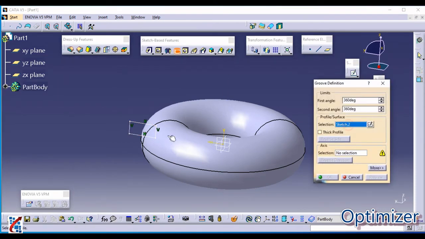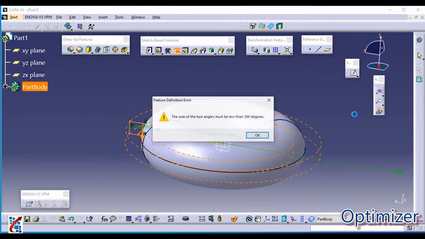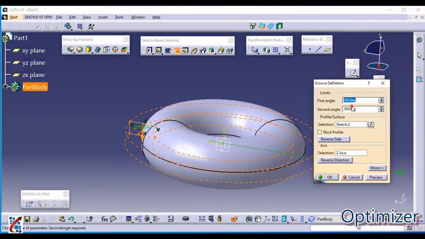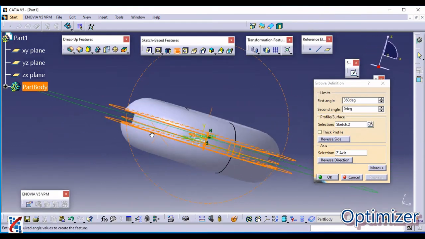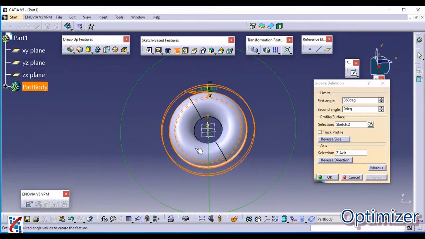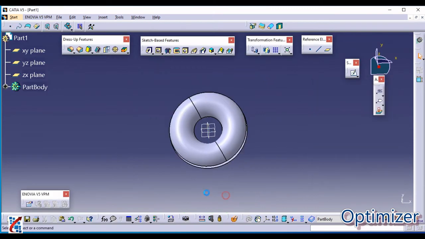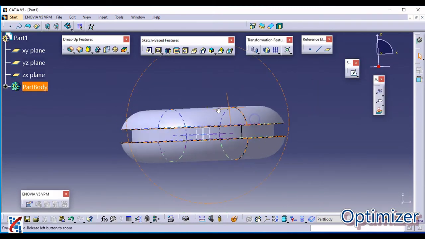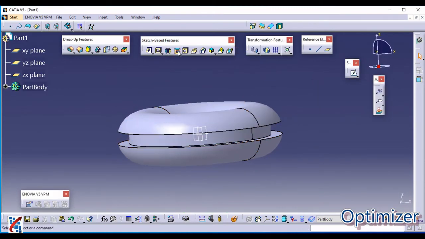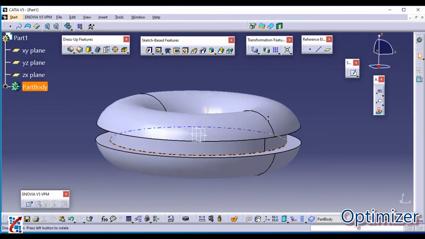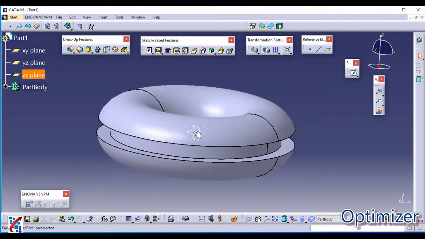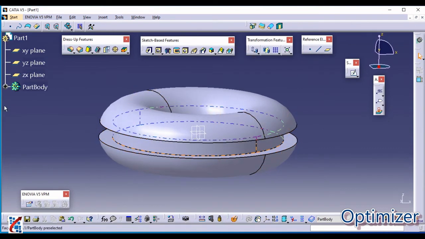Groove, select this sketch, again select the same axis, Z axis, and here you need to select again 360 to 0 and check the preview. So this is how it is going to be rotated. If you see the top view, it starts from here and rotates a total of 360 like this. Okay, so groove is nothing but the removal of material from the added material. Now suppose you want to make this slot 180.